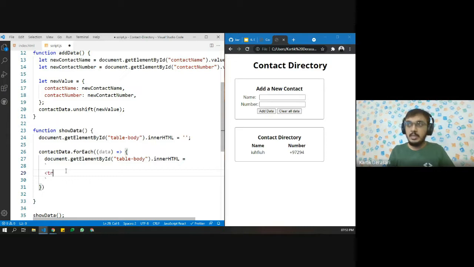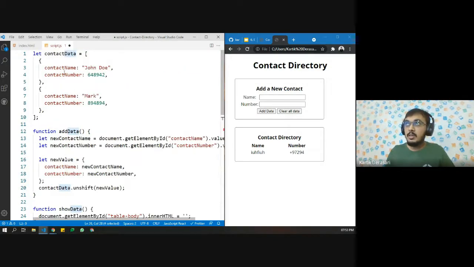So let's see what the variables are over here. First of all, let us create a row, and inside the row let us have three things. Now we need to pass data dot contact name.